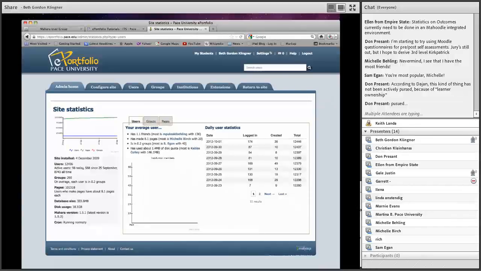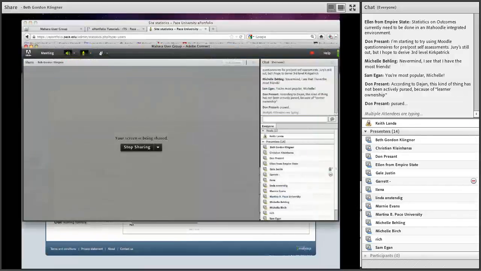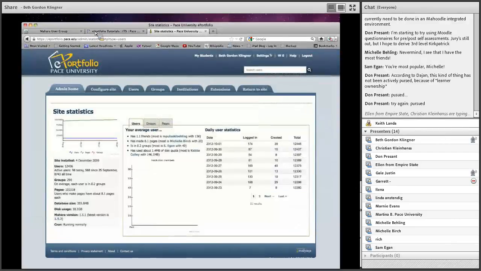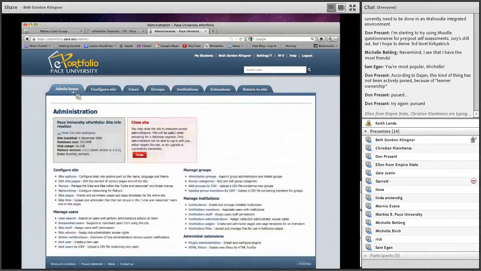Well, I would love to see how we can get to those kinds of analytics right from the beginning here at Pratt. Yeah, if you have administrative access, then when you log into Mahara, I can take you back to the beginning.